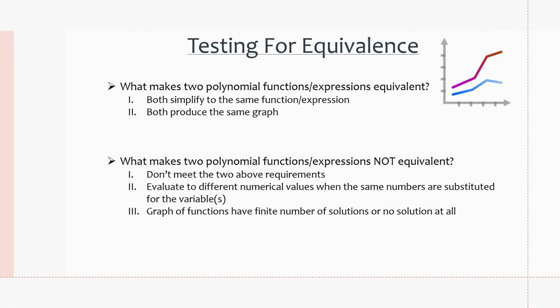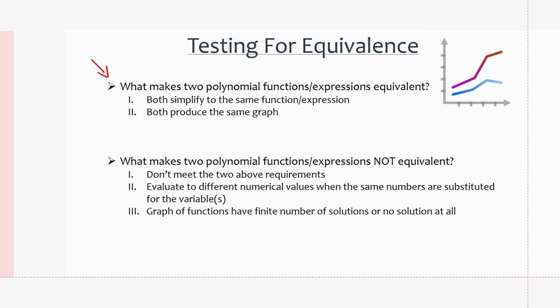Now let's move on and look at testing for equivalence between two polynomials by seeing what makes two polynomials equivalent and what does not. First, let's go over what makes two polynomials equivalent. So right here. Oh, right here. So the first criteria for two polynomials to be equivalent is that they both must simplify to the same function